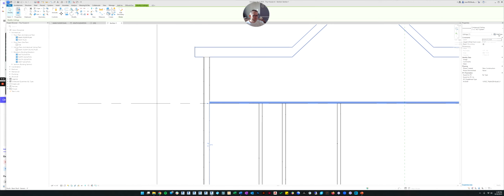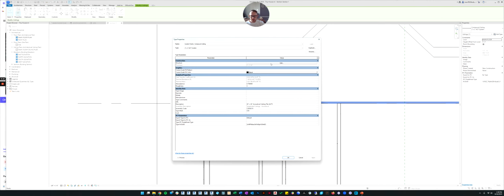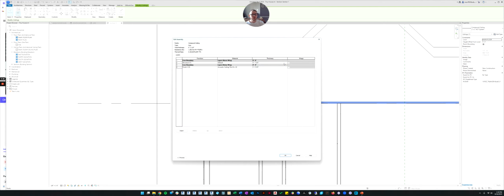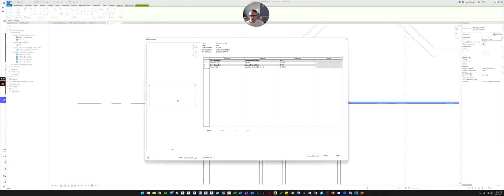So let's edit this, and we're going to duplicate it, and we're going to call it gyp, and click OK. And then we're going to hit structure just like you do everything else. And if you want to preview, you can show the preview. And you can see it's got 2 layers. We only want 1 layer. So let's just go to the structure. Well, let's go to the finish and move it up. And let's highlight the structure and delete it. And we'll call it finish 1. Not that it really matters that much, but